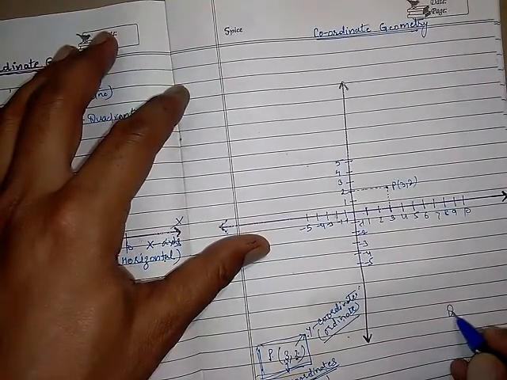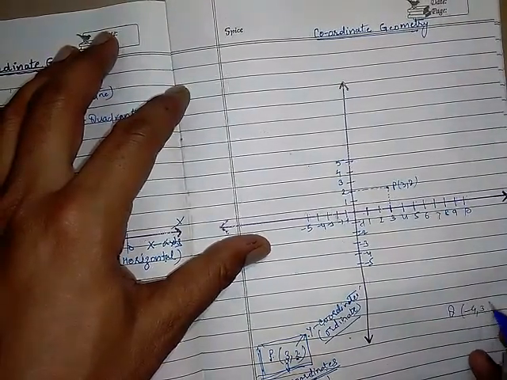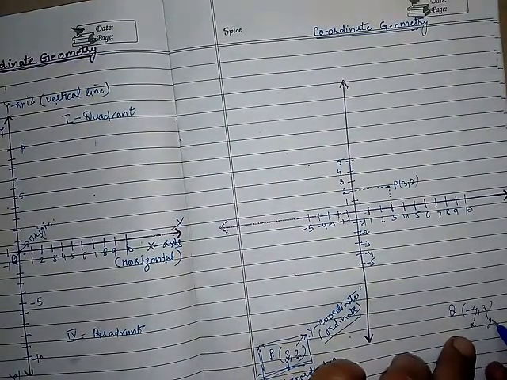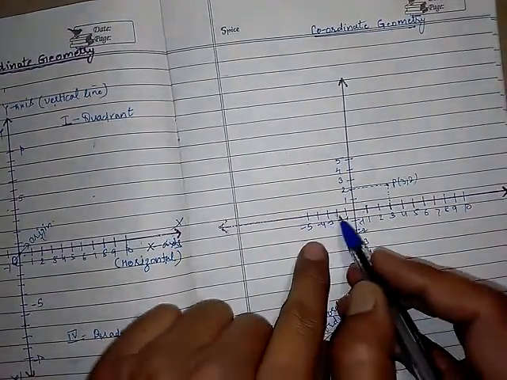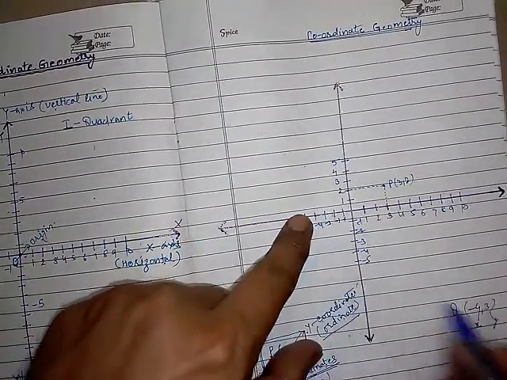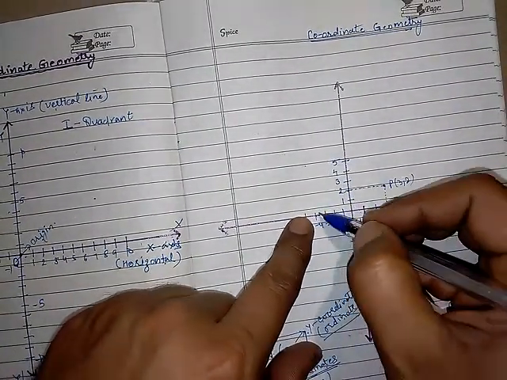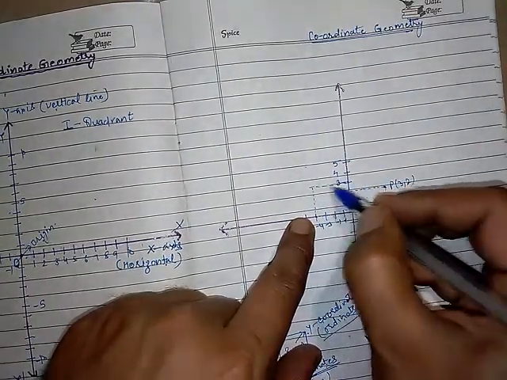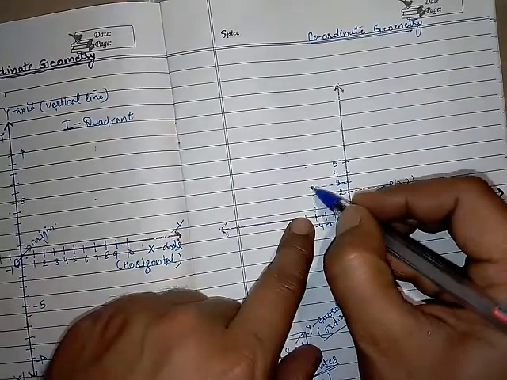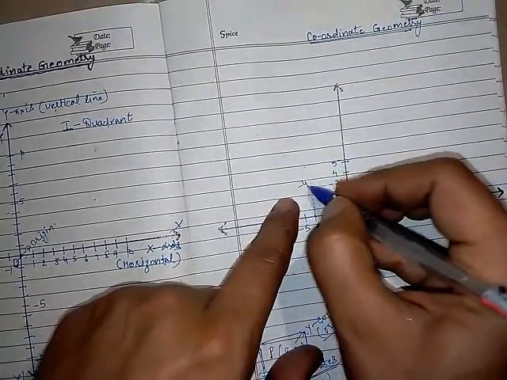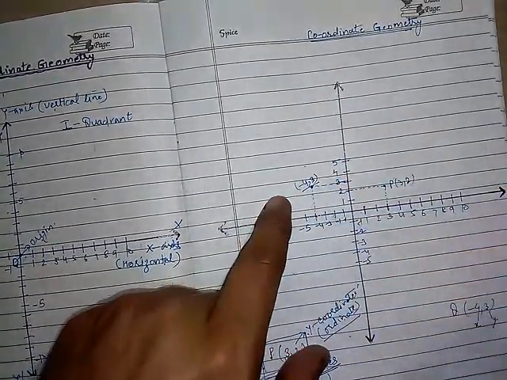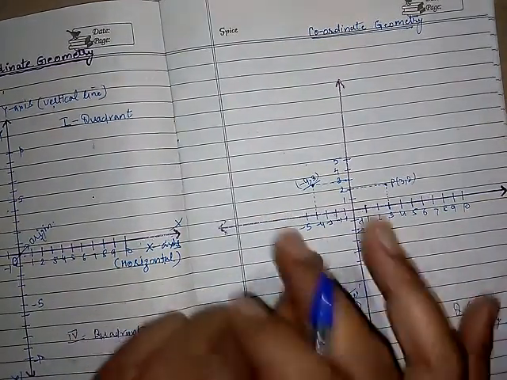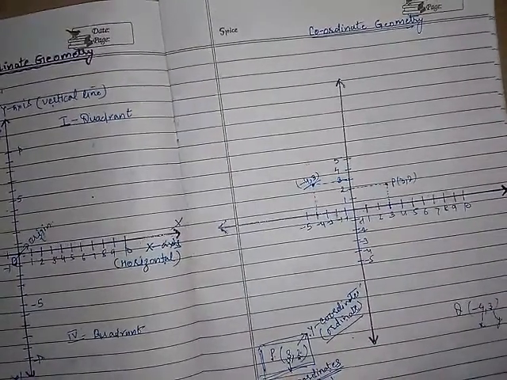Suppose now you have to plot point Q which is minus 4 comma 3. So here x is equal to minus 4 and y is equal to 3. Where is x equal to minus 4? Here. And where is y equal to 3? It is here. So in front of this and in front of this. It is your wish if you want to draw the dotted lines, totally up to you. So this will be your point minus 4 comma 3. Is it clear? Like this you can plot the points.